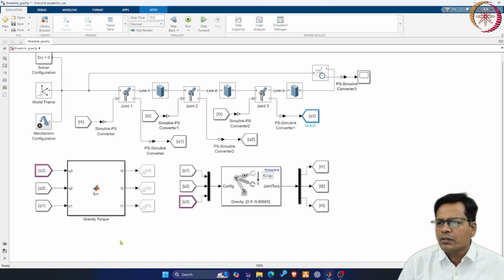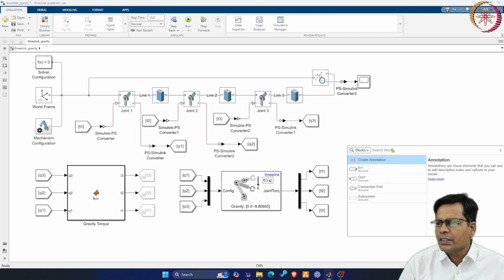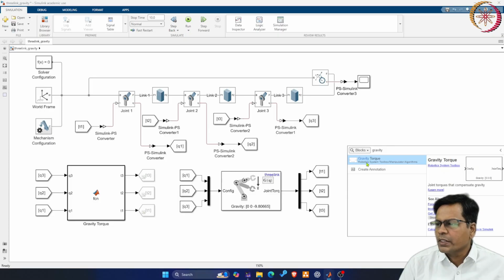torque calculation block. So now the whole robot system is ready with actuation and sensing inputs and outputs, and the rest of the robot remains the same. Now gravity compensation torque can be calculated in different ways. The first one I will discuss here is using the robotics toolbox. So here is your robotics toolbox. You can directly double click here and input gravity torque. That is included in the robotics system toolbox.